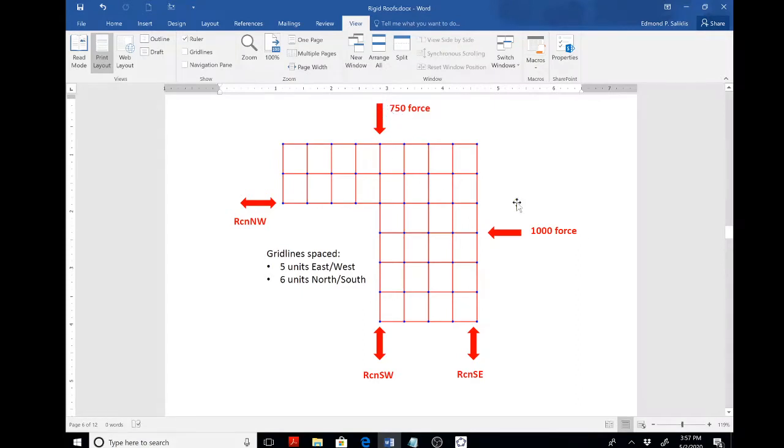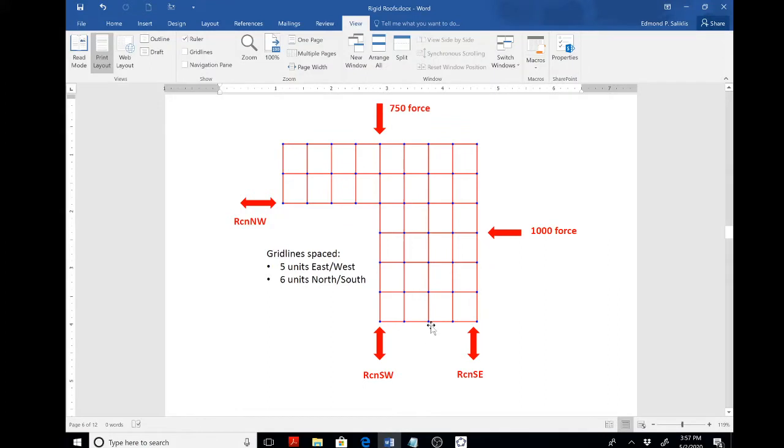750 going pure south, and then maybe another wind on this facade, uniformly distributed. We put it at the centroid, and let's say it's 1,000 units of force. I have three reactions. I don't know whether they're going up north or south here in this corner, or north or south in this corner, or east or west in this corner, but I have three equilibrating lateral force resisting